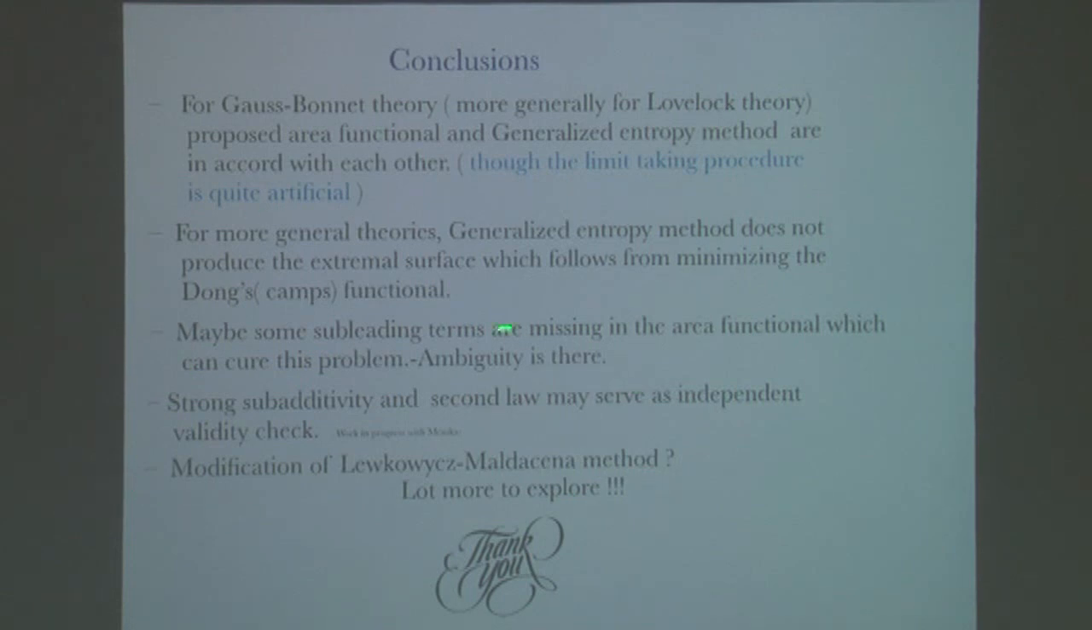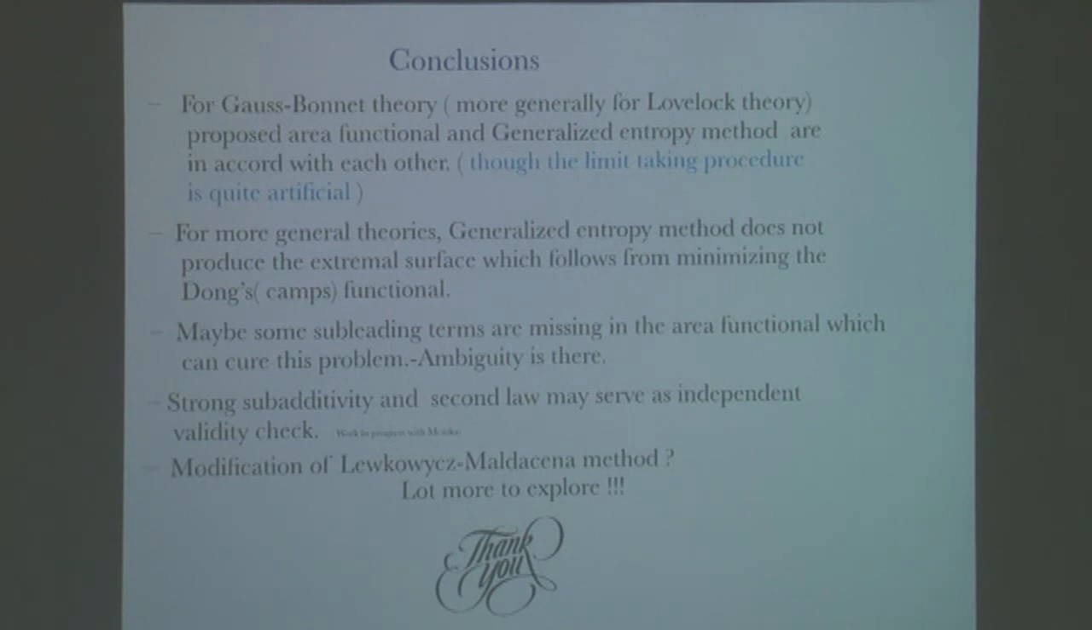One way out is that there are some subleading terms in the area functional which are missing, which can cure this problem. Also, this area functional is supposed to satisfy strong sub-additivity, and for Gauss-Bonnet gravity we know that the area functional satisfies the second law. Combining these two checks, one can constrain the parameter space significantly and derive the area functional using these two conditions. One more possible way is some sort of modification of the Lewkowycz-Maldacena method, or